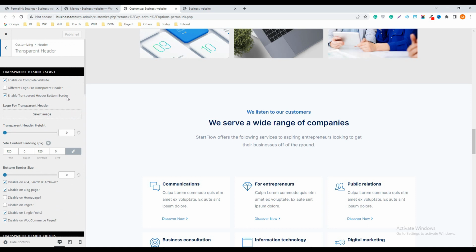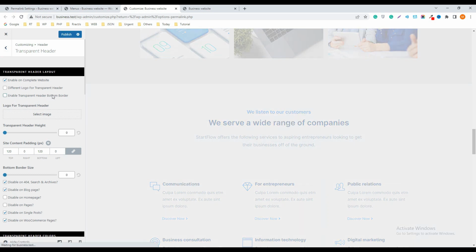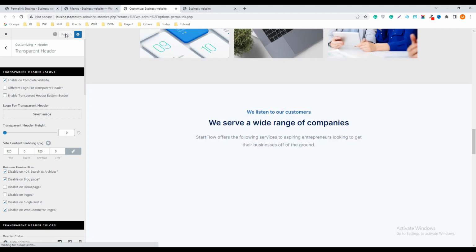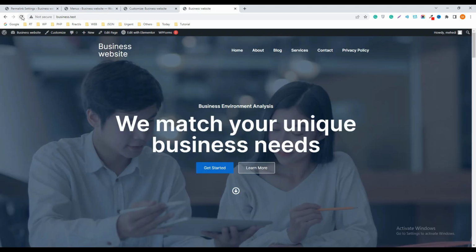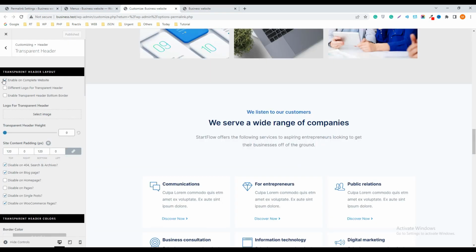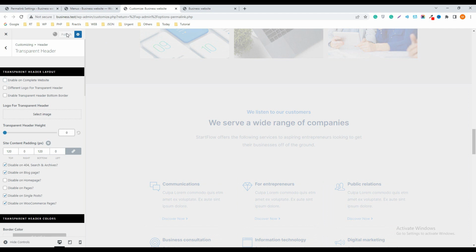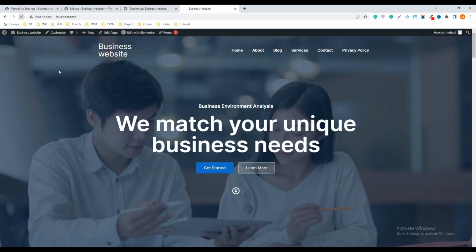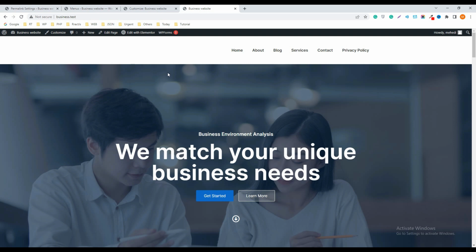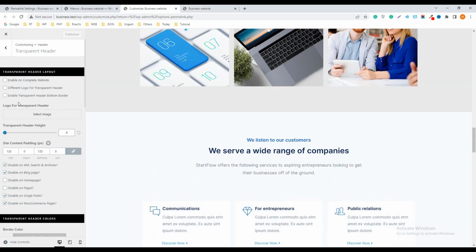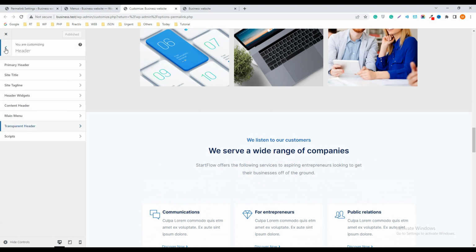Okay, if you want to change the transparent header and give a header background color, then you can do it. Just uncheck this transparent header, publish it and refresh the page. Then again you have to uncheck this page. Okay, the transparent header has been removed. Now if you want to give a background color, then you can do it. So go to the customizer option,